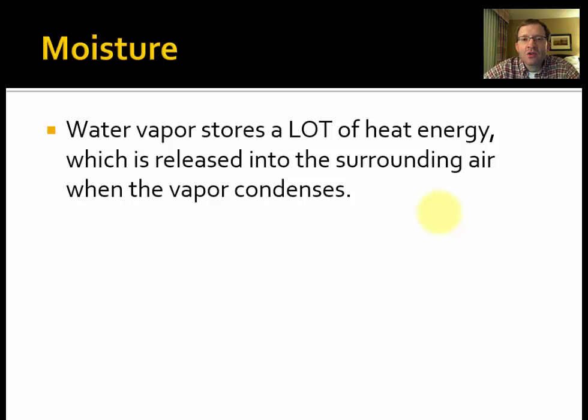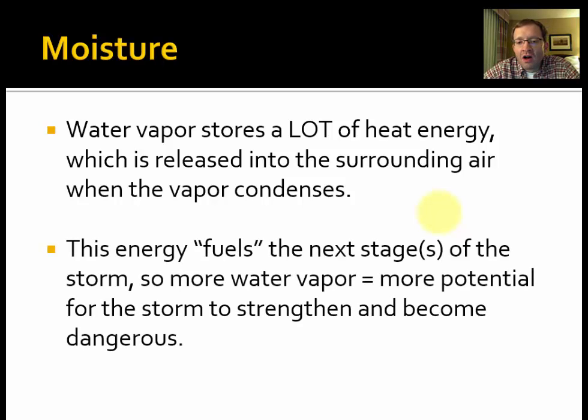That heat energy is stored in the vapor, and when that vapor condenses into liquid or even freezes into ice in a cloud, that heat energy is released. And that's like the power that fuels the storm to continue growing taller and more substantial. So water vapor stores energy, which is released when air condenses that into a liquid or ice state. And then that heat energy fuels the next stage or stages of the storm,